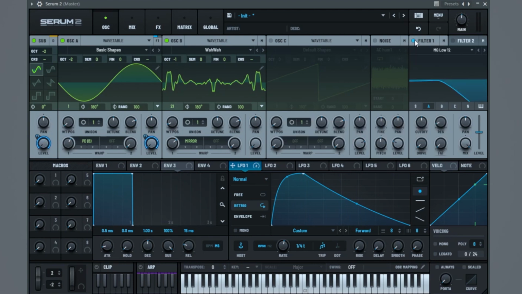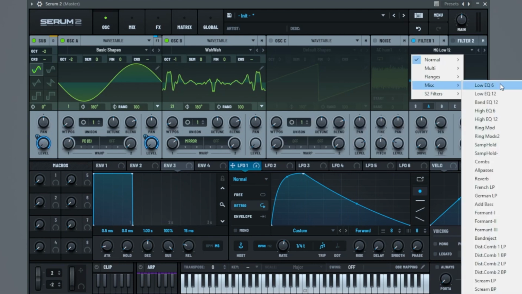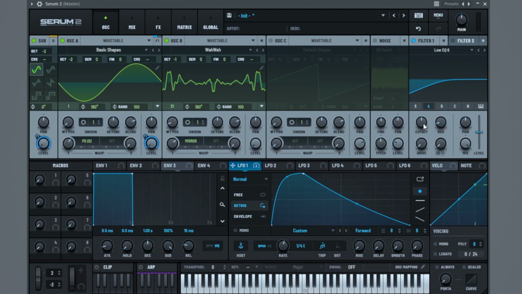Now let's go to filter 1. Let's go to MISC and do low EQ6. Turn this cutoff right down here to about 35, 34. And then add LFO1 to it and drag this to about 38. Then we're going to turn this drive right up like this. Turn this D plus on to get this massive low end boost. And then we're also going to put the LFO1 on this mix here and turn it down just to make